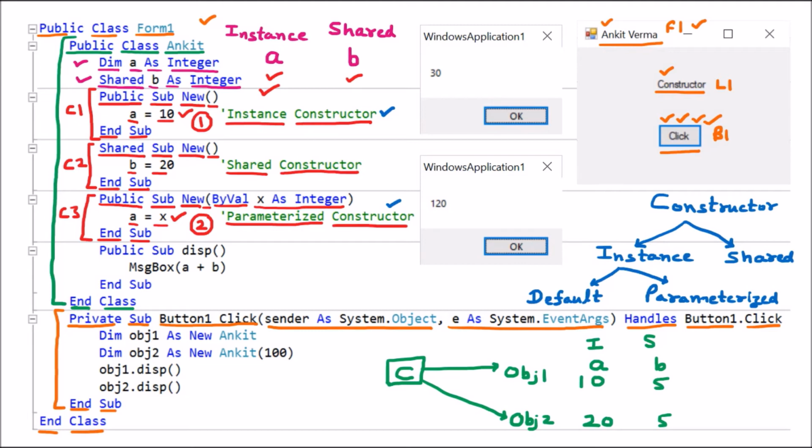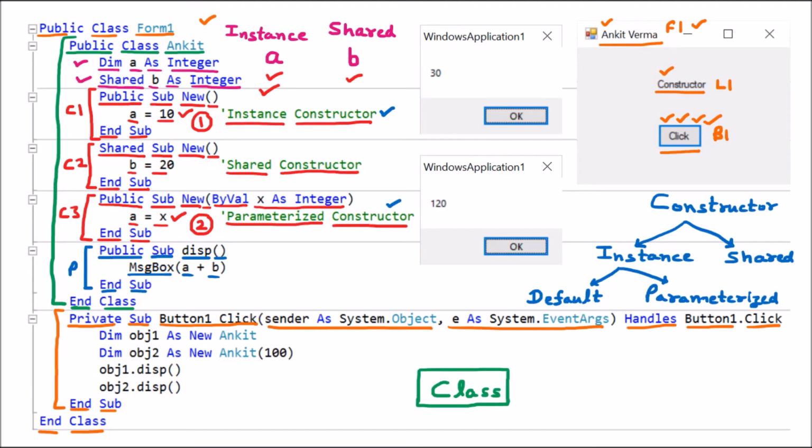Now afterward we have declared one procedure. We can see that this is a procedure name because the brackets are mentioned. Then Sub. Sub means no return type. Public, it can be accessed outside, and it ends with End Sub. So this is the procedure which is declared. Now here we are using a message box which is going to take the sum of a and b.